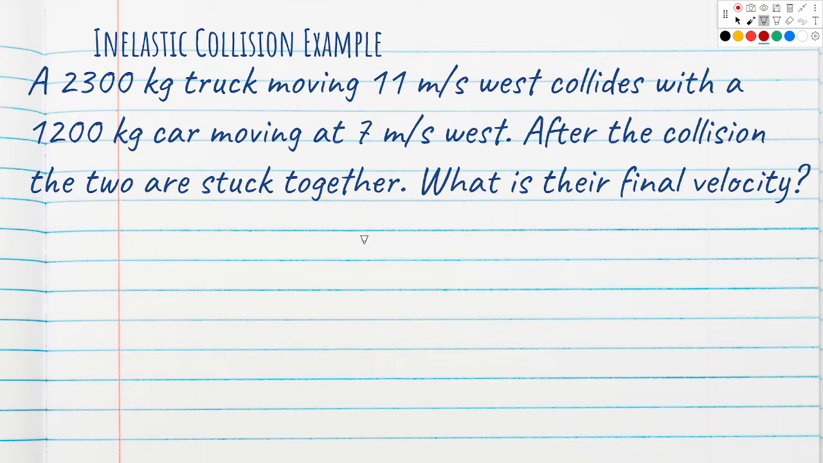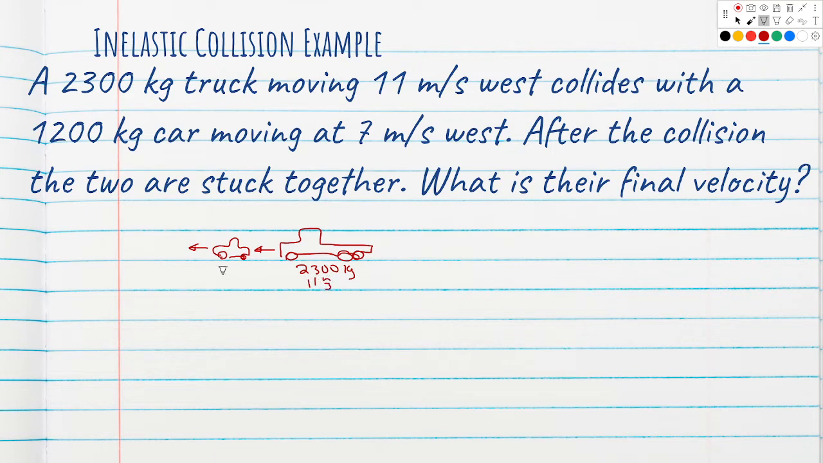And here is an example right here. I've got a truck moving west. It's going to hit a car that's also going west, but at a slower speed. So I'm going to put the car right here. Here comes the truck up behind it. Like that. They're both going to the west, drawn left here, and there's that 2,300 kilogram truck and 11 meters